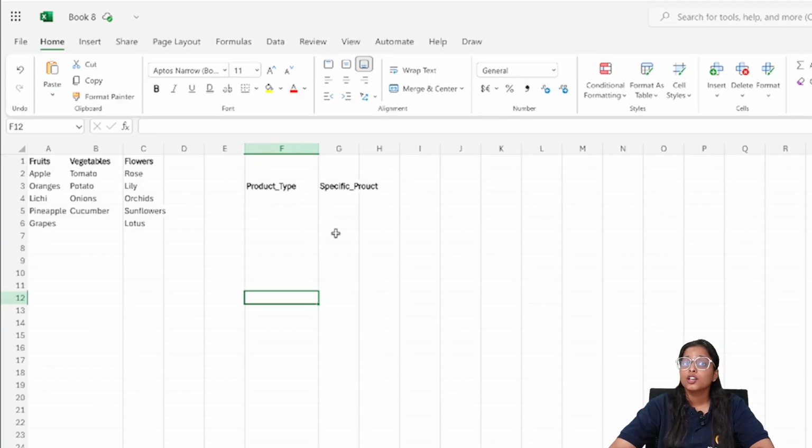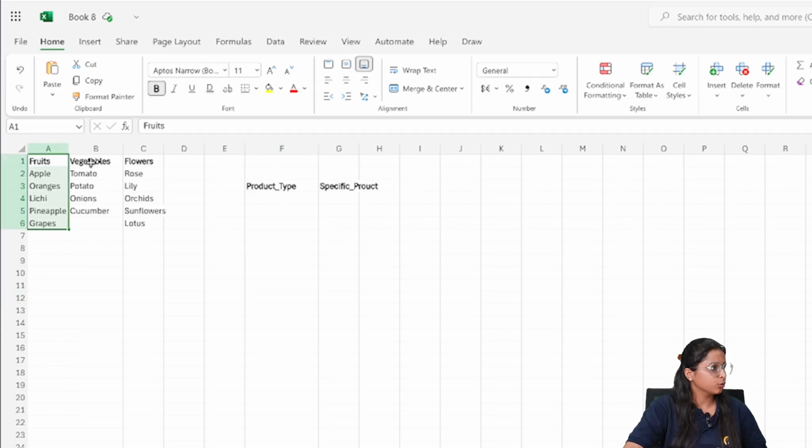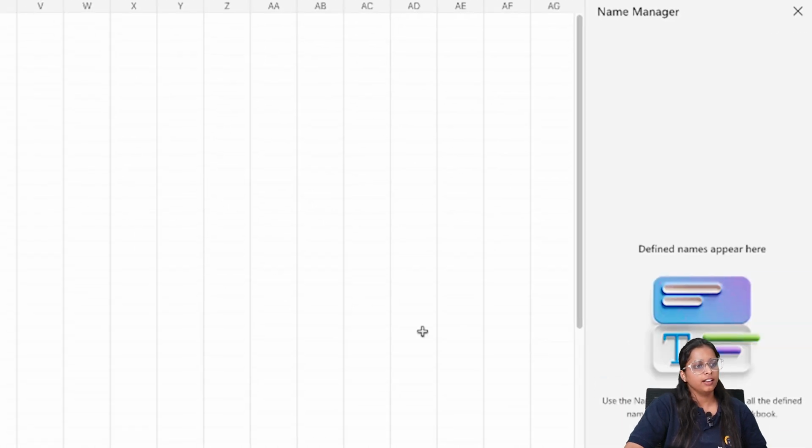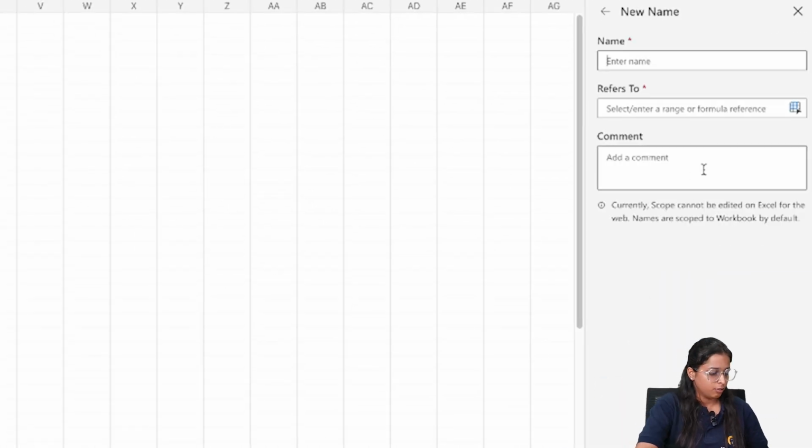For that, to create a named range for each category, select the data, press Ctrl, then select the data. Then go into the formulas, name manager and define name. First we'll define fruits.